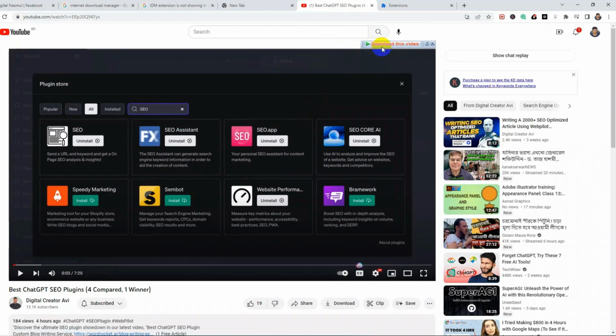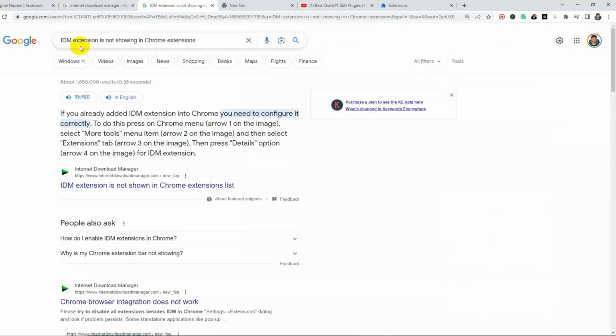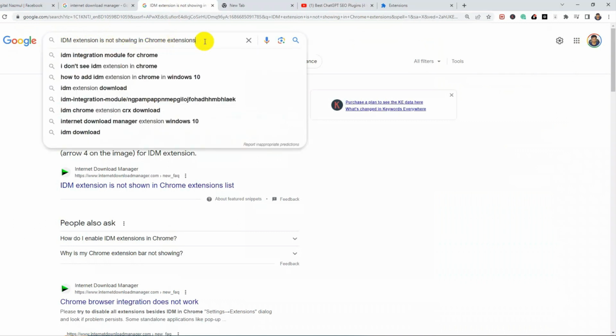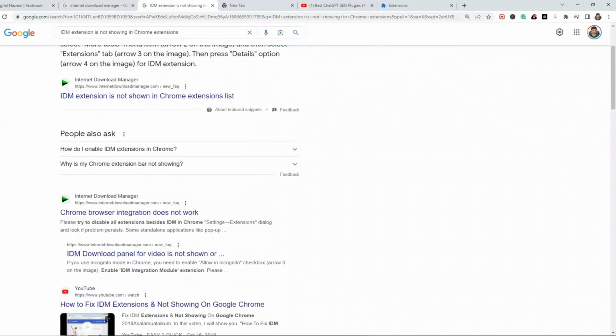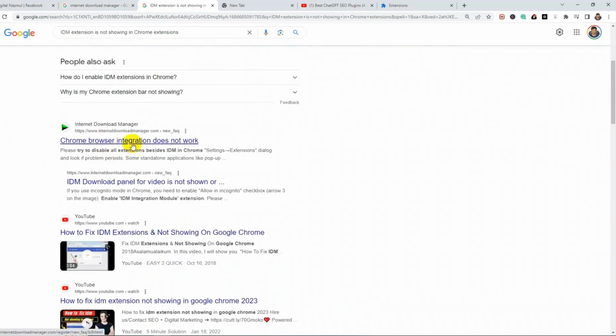If this system does not work, then you can try another way, like search "IDM extension is not showing in Chrome extension." Alright, first search, then go to here, this link,